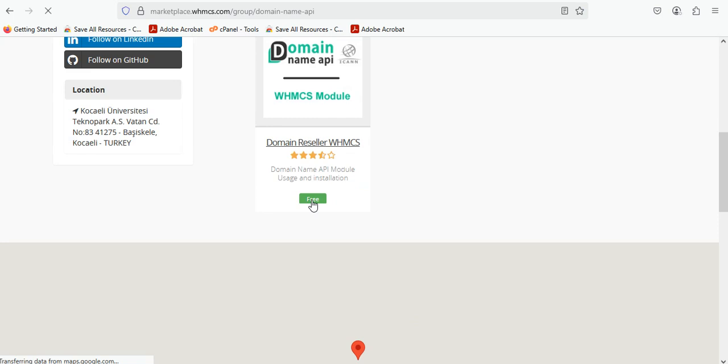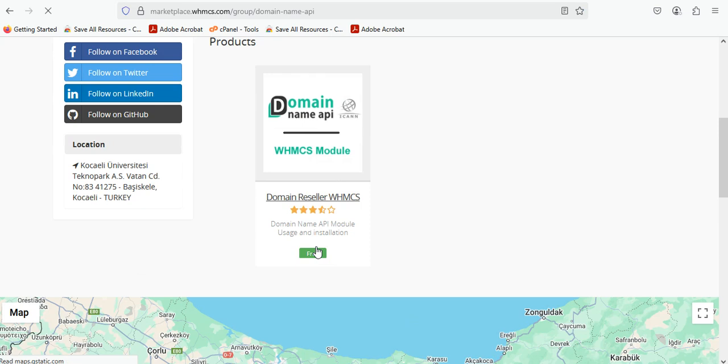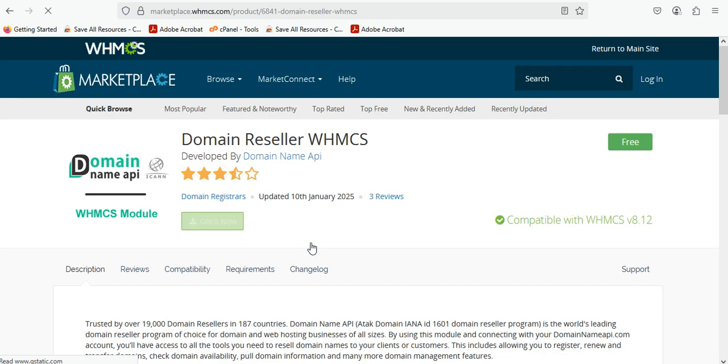After getting it, you will then go ahead and add it. Look at it. When you click on get it now, you get it for free. But I don't think I will be getting this for now.